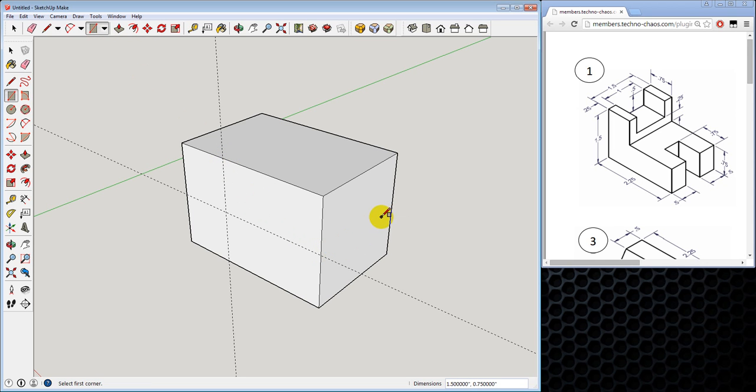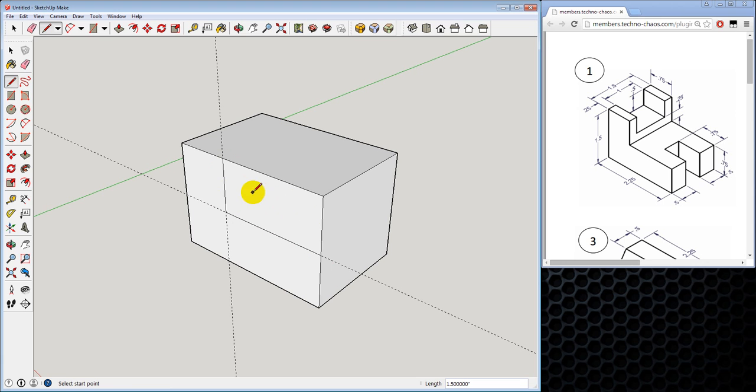Now there is another way to do it. Let me undo that real quick. You could use your line tool and just draw these where the intersection is. Notice that that's a darker line than these right here. It's a little bit bolder, but as soon as I click this second edge, it is no longer bold. It seems to be bold whenever it's not completely enclosing an entity. But as soon as I close this off with this horizontal line here, it changed from being bold to a normal line,